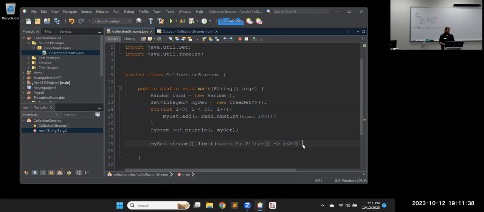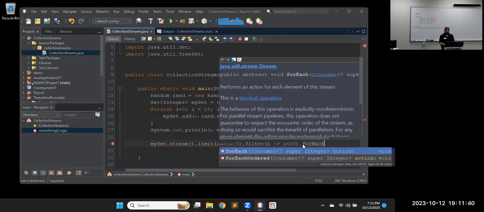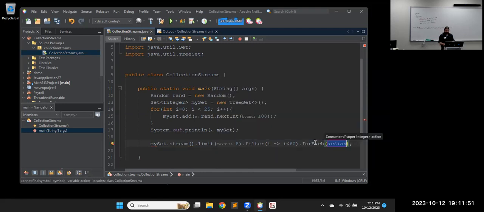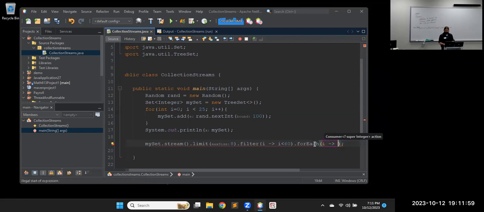And then we can say for each one of those. This is why our collections have forEach. We used it earlier, but this is what the forEach loops are actually for. For each one of those 8 things we find that fit that criteria, I'll call it i again because that just makes sense in a for loop. We'll take each one of them and print them out. I'd do sout here. I don't think sout will work. No, trying to do the shortcut won't work here. For each of them, i